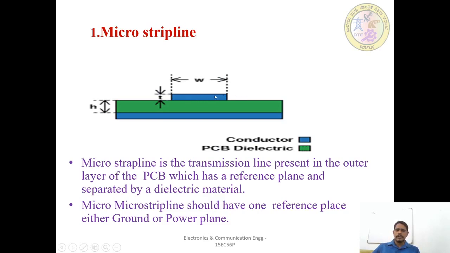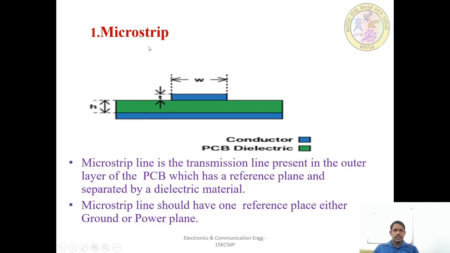What is microstrip line? The diagram shown here is the pattern of the microstrip line. This is the outer signal carrying conductor. The green color is the dielectric material. And this blue color is the conductor plane, which can be assigned to the ground or to the power signal, 5 volt or VCC. The microstrip line is a transmission line. What is microstrip?